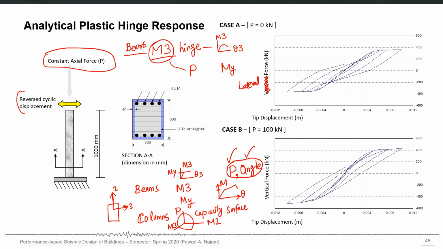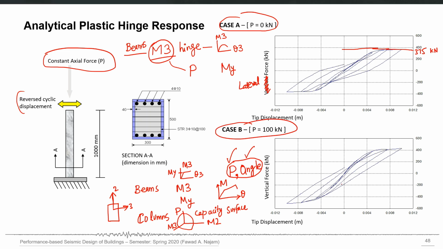When P is equal to 0, which means no axial force, the column has yielded in the lateral direction at this particular level, maybe 375, whatever the units, kilonewton. And when I apply some axial force, the yield point has increased.